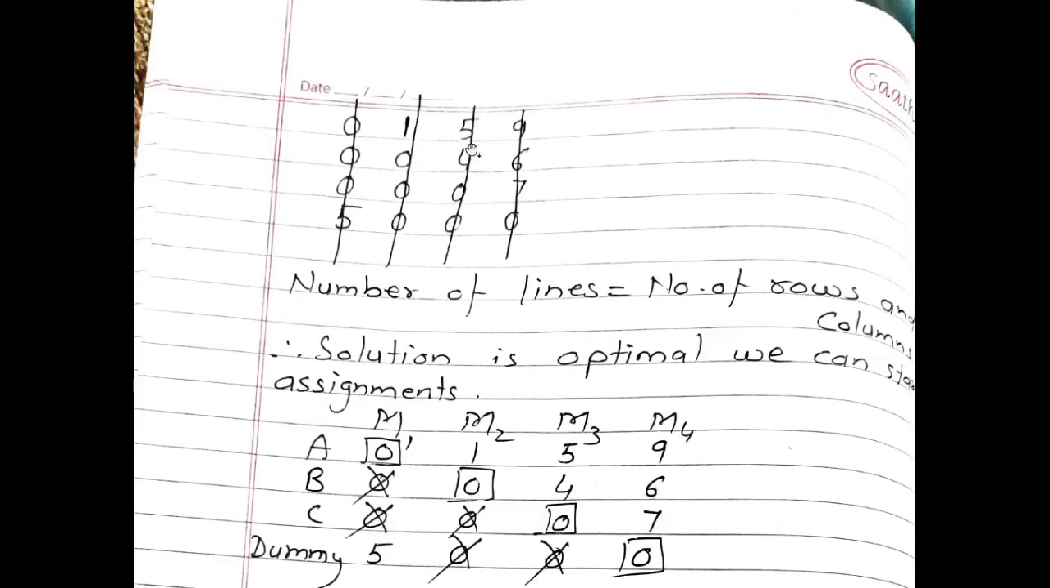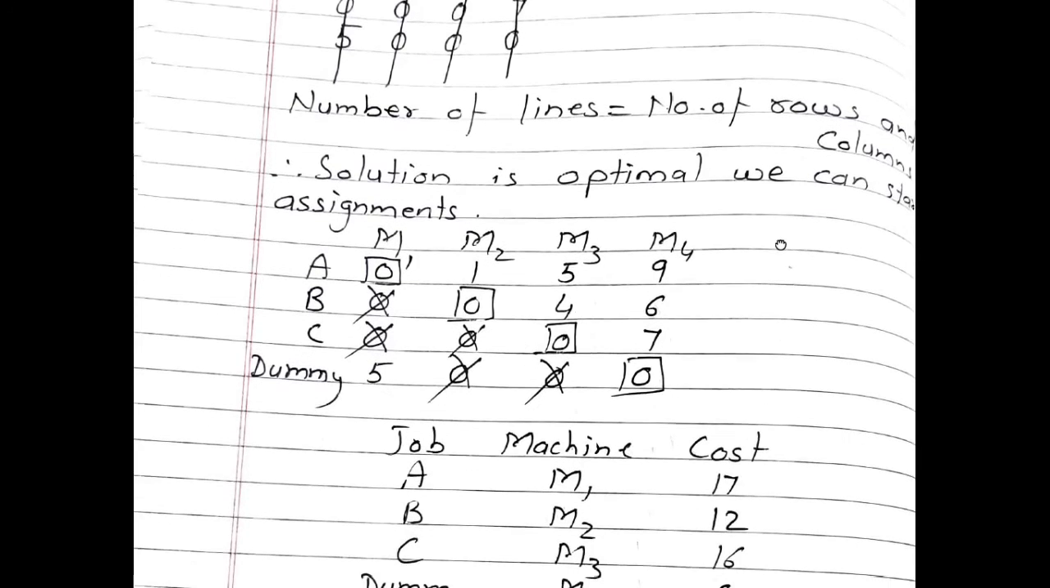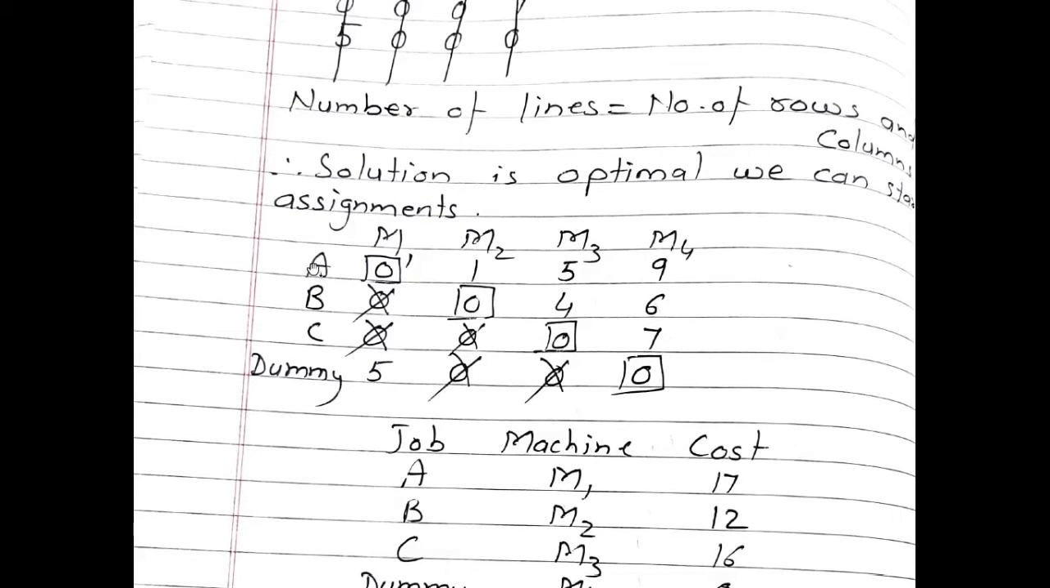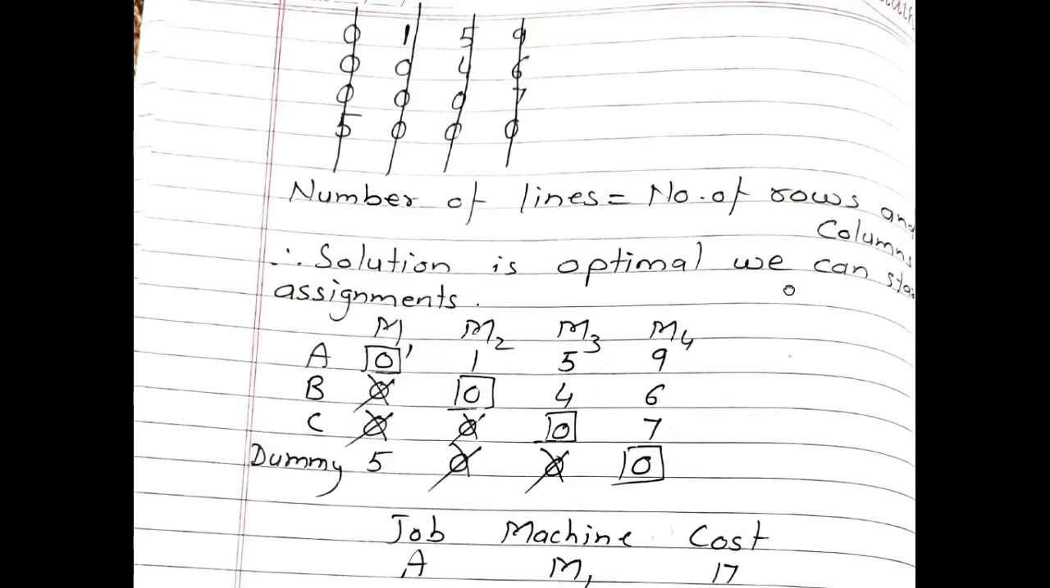Two zeros are covered with the help of this line, and the last 0 is covered with the help of the fourth line. So the number of lines is equal to the number of rows and columns. Therefore the solution is optimal. We can start the assignments. So we will rewrite the matrix as A, B, C, dummy, M1, M2, M3, M4, and the values which are